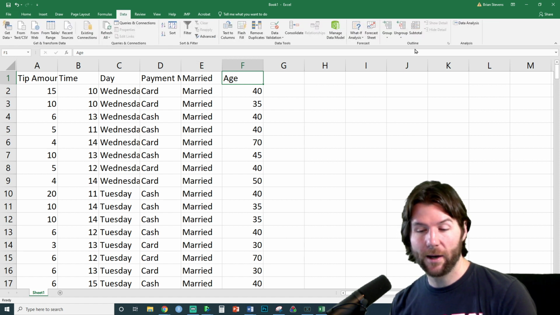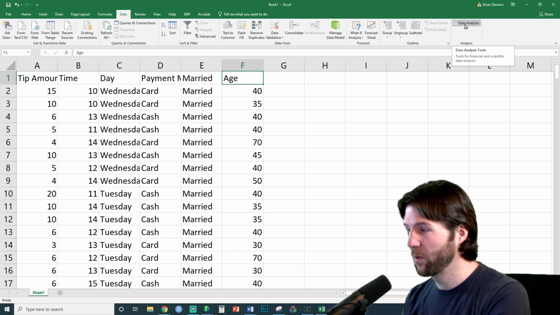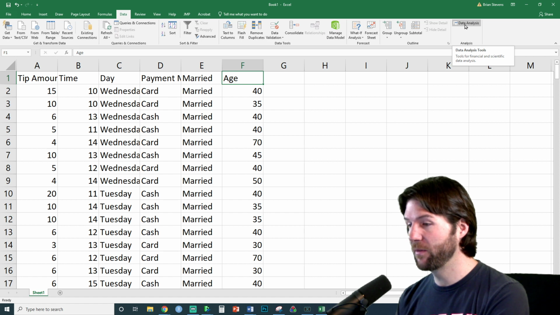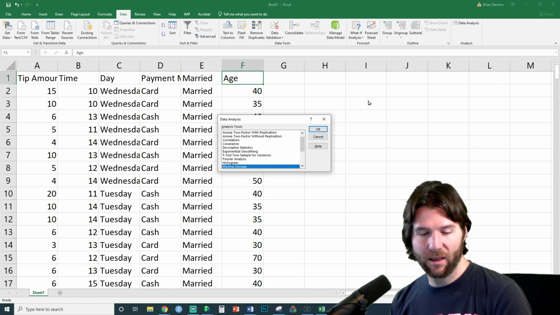And so now I already have the Data Analysis ToolPak. You might not have this. If you do not have this currently on your computer, one, you need to have Excel downloaded to your computer. And two, I have a video going over how to do each one. You got it. We'll do 2B next. You got that.